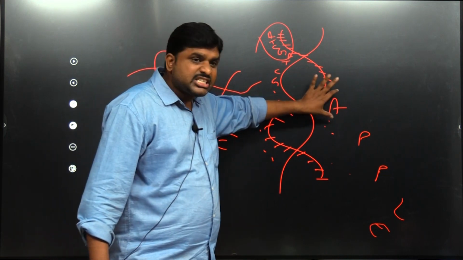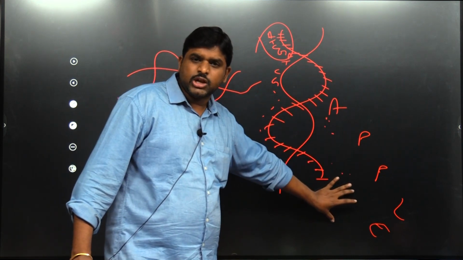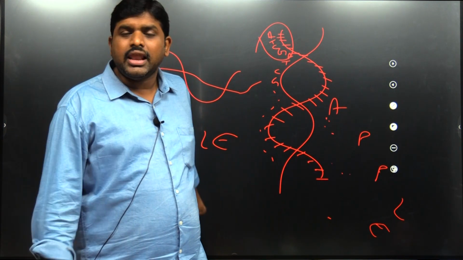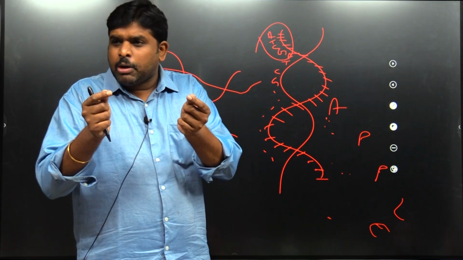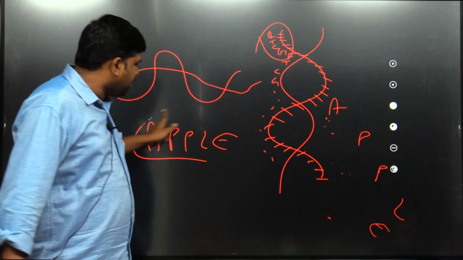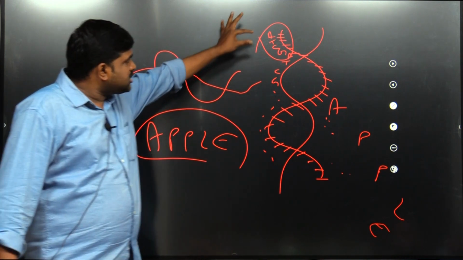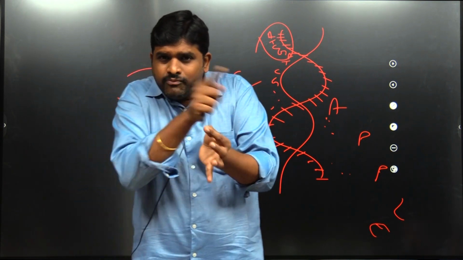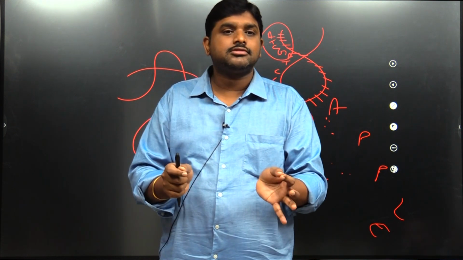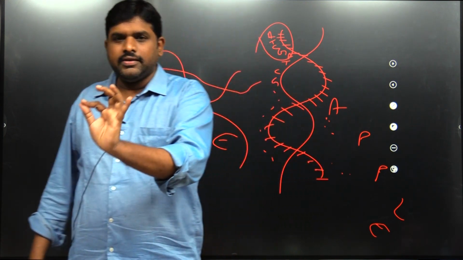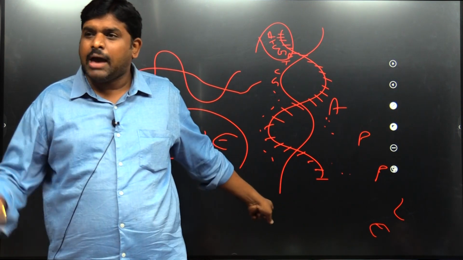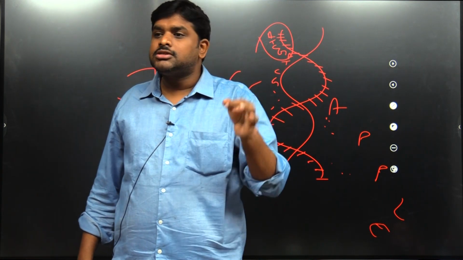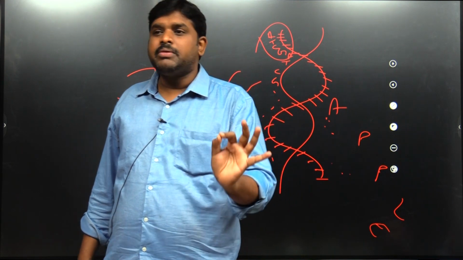In the same way, the DNA is a structure of the chromosome which doesn't have any function. Individual DNA doesn't have any function. Why? Because it's a structure like letters. These letters, when arranged properly in a particular format like apple, have a meaning and a function. In the same way, every DNA is a structural part of the chromosome. When they are arranged in a determined sequence, that sequence is called a gene. So that sequence will have a function, like how apple has a meaning. That functional part of the chromosome is called, this is very, very basic, lifelong basic.